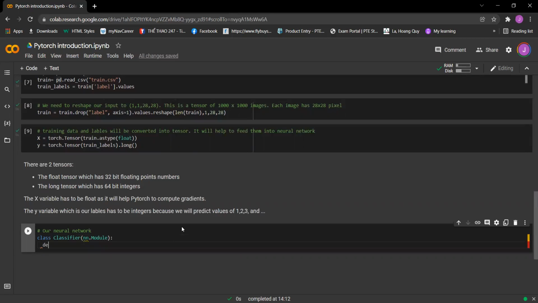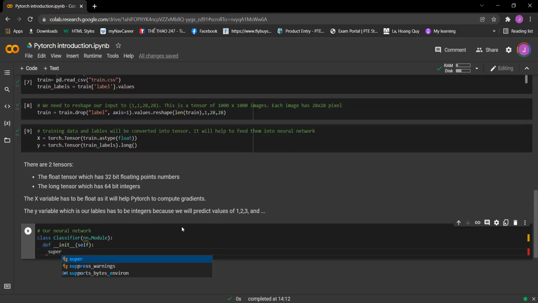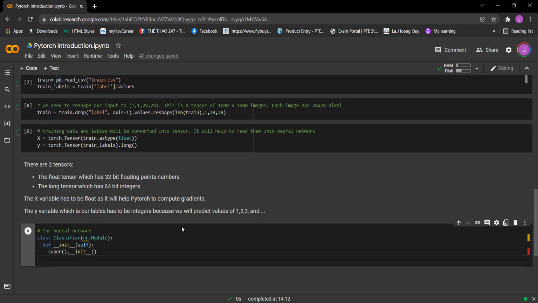So in here we need to define the init function, which will be self. So we have the super().__init__(), and then we got self.fc1